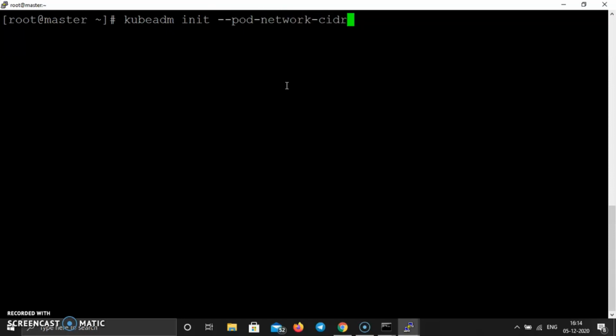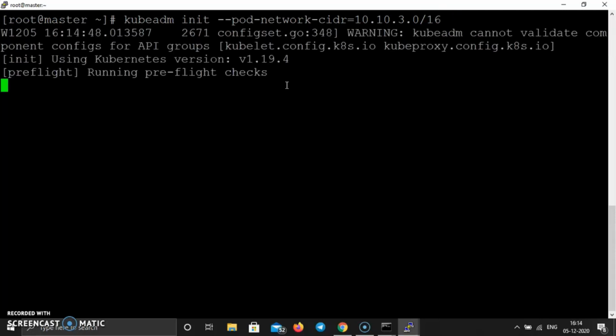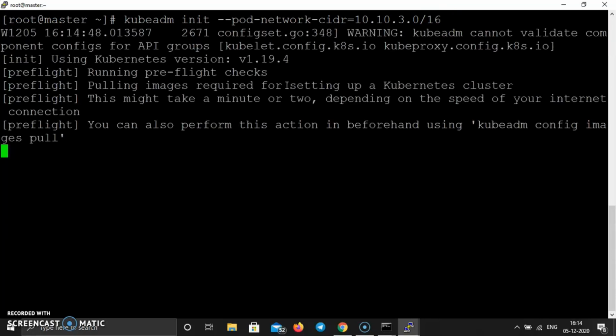We need to give the network range from which our pods will get their IPs. So I'm going to give the range 10.10.0.0/16, and press enter. So this will set up the master node.